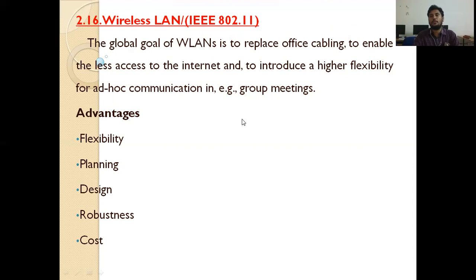For example, if you consider there is a meeting in an office, a number of people are sitting around a table. To provide a wired connection for each member is a bit difficult task. In that room, if wireless communication is possible, then it is very much flexible when compared with wired communication. So wireless communication is the main global goal.